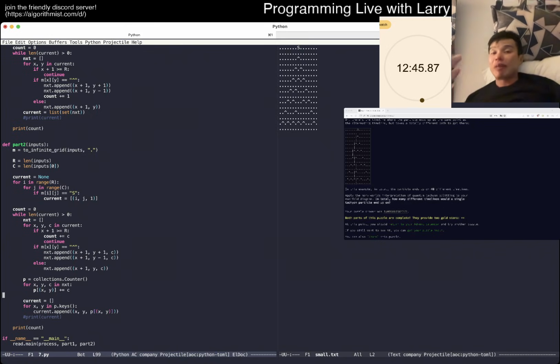The way that I think about it is that it is dynamic programming, but in a strange way. Actually, now that I think about it, I did it with a list in part one. If I didn't do it with a list, there are definitely other ways you can simulate it. You could just draw on the grid literally, right? And maybe if I did it that way, this would be a little bit easier to set up the DP. The idea here is just that when you see a splitter,